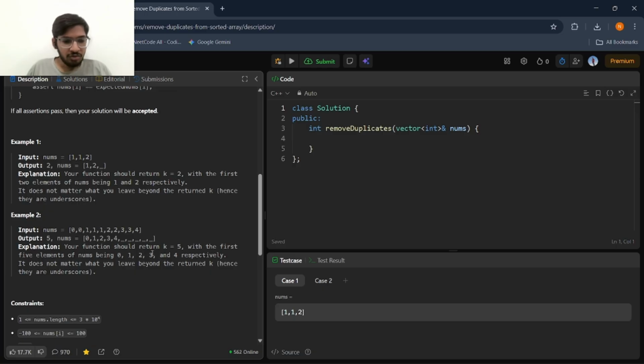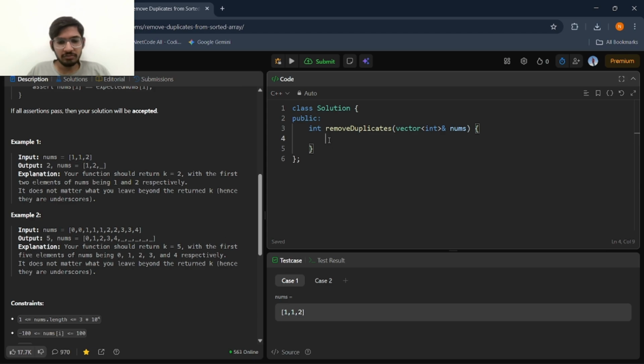Your function should return k equals 5, with the first 5 elements of nums being 0, 1, 2, 3, and 4 respectively. It does not matter what you leave beyond the returned k.